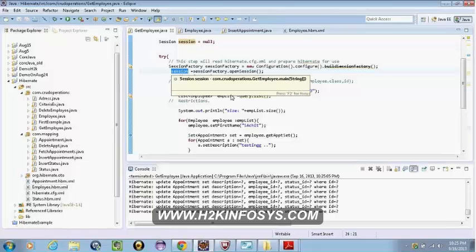The underlying funda is when it is associated with a session, it is persisted. And how about detached? When we say session.close, it will become a detached object.